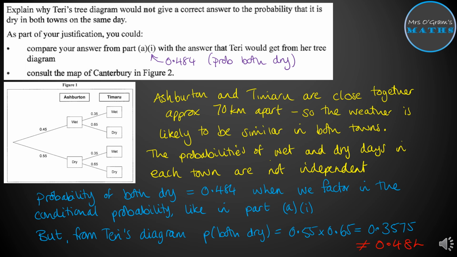Now, the way to say this statistically is that the probabilities of wet and dry days in each town are not